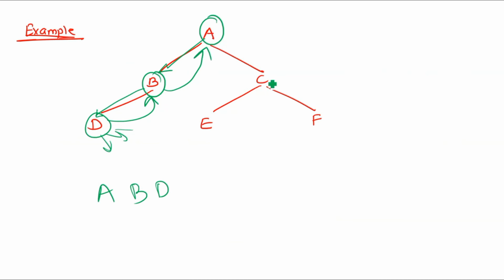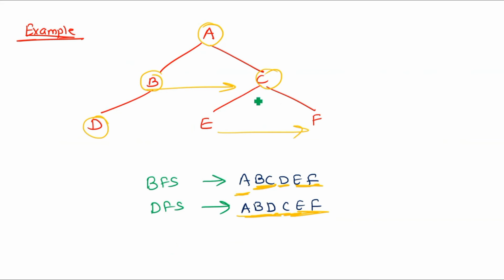Now for A there is an adjacent vertex left that is not yet visited, so we write it in this list. For C, E and F are adjacent vertices, so we explore E here. For E there are no more adjacent vertices, so we backtrack. For C, F is not yet visited, so we write F here. So this is my DFS for this graph. What we are doing is just picking one vertex and exploring it until we reach the end of the graph.